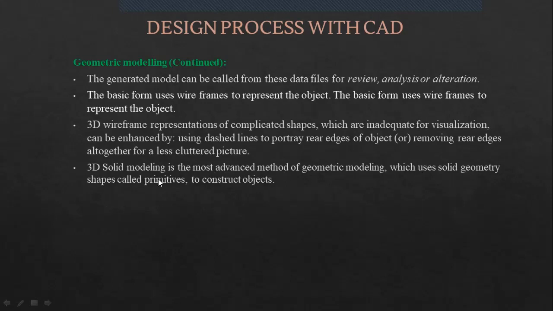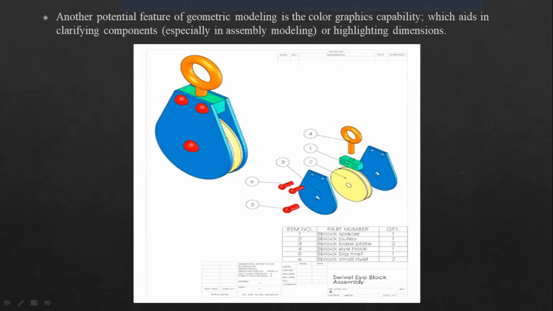Also primitives. In that 3D modeling software, what we have is primitives, in the sense fundamental entities like cylinders, prisms, or spheres. All these are primitives, fundamental blocks. It is basically that which will constitute most of the model. You'll model with the help of those primitives. You'll draw a sketch of a circle and then extrude it so that becomes a cylinder. And then you'll add more features on that. So that goes downstream, the design tree goes like that. So those primitives are being used to construct the objects.